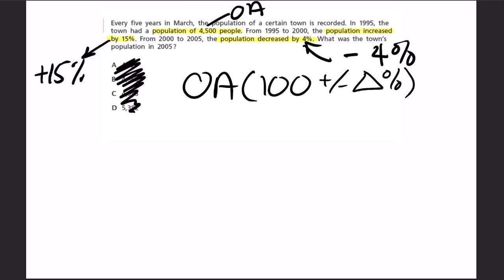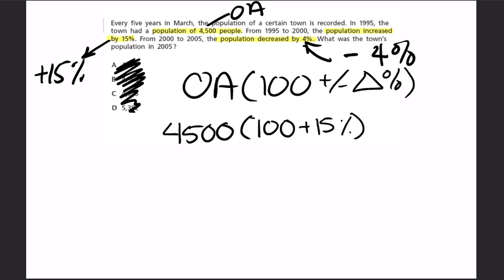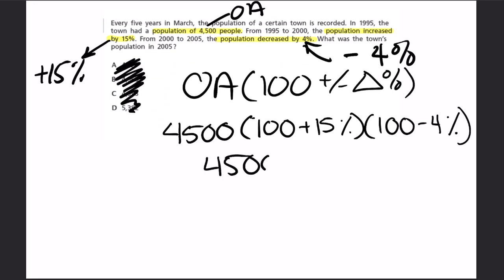So we're going to take our original 4,500 and show the 15% increase and the 4% decrease all in one shot. Nice and easy. Again, you could do a lot of this in your head. That first step can all be mental math. So you can just think of this as 115%